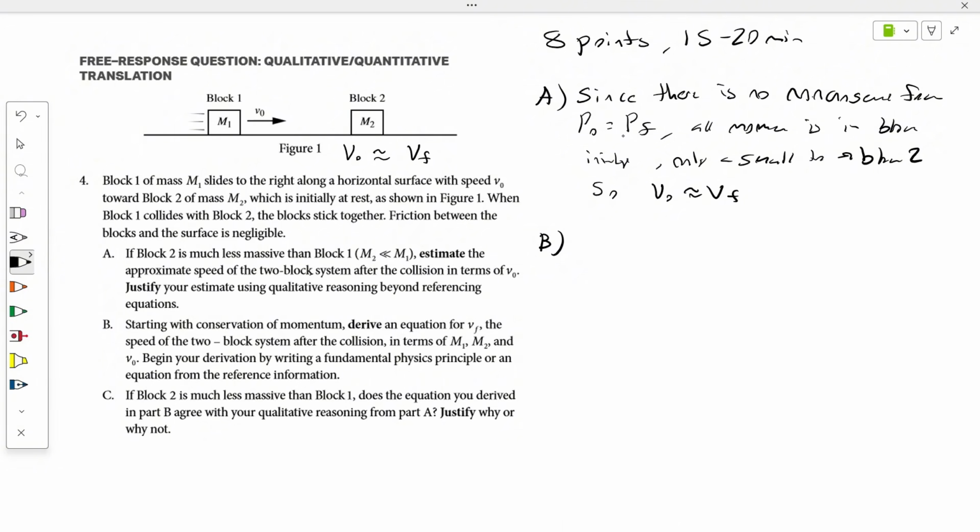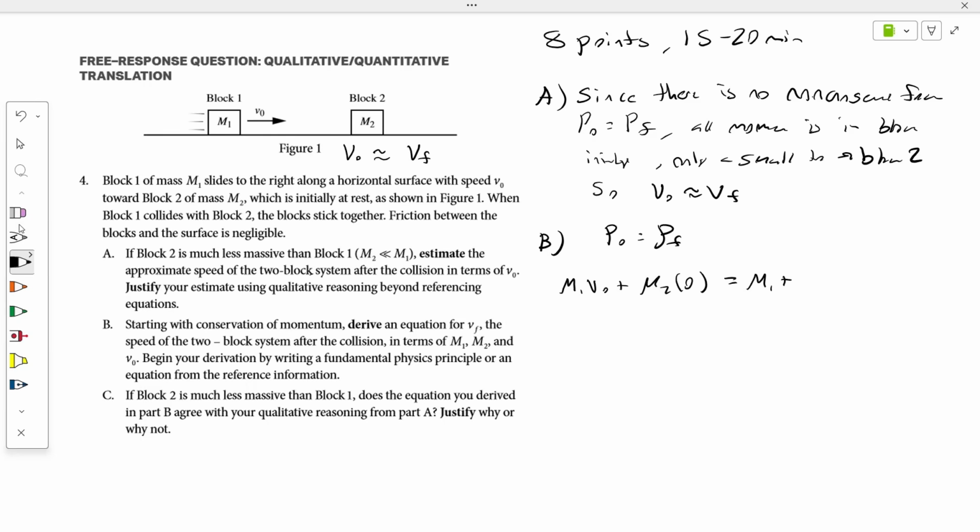And so in part B it says, starting with conservation of momentum, derive an equation for v final of the two-block system in terms of the masses and v0. And so we're starting with conservation of momentum. So we know momentum is conserved. It already tells you that, and we could actually use that in part A if we were stuck. But we know that P0 equals P final. And so what is P0 going to be? Well, we have the two blocks in the system, which is m1, and momentum is mass times velocity, so v0, plus this m2, but the v0 of m2 is just 0 since it's stationary. Okay? And it equals m1